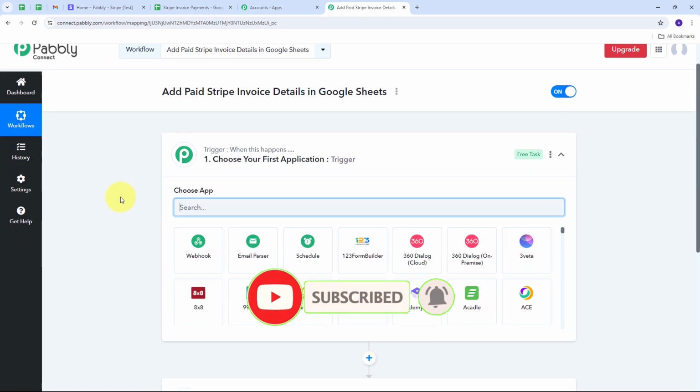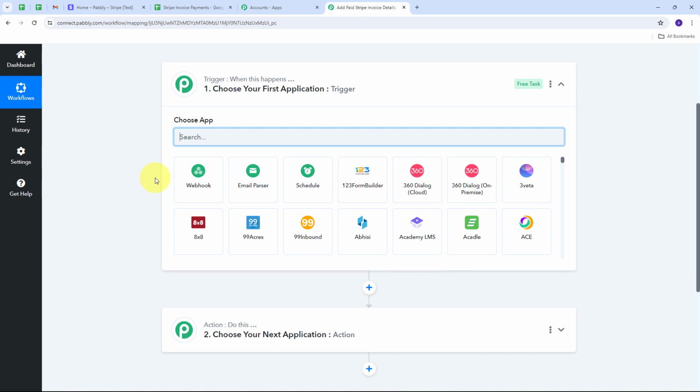And it will take us to this most important window of our workflow. Here we have two boxes, trigger and action. So these are the two main principles on which our workflow works on. And trigger says when this happens, action says do this. So trigger is going to be the first step that will get executed in our workflow, and action will just follow that. So we need to set up our trigger first, and here my trigger application is going to be